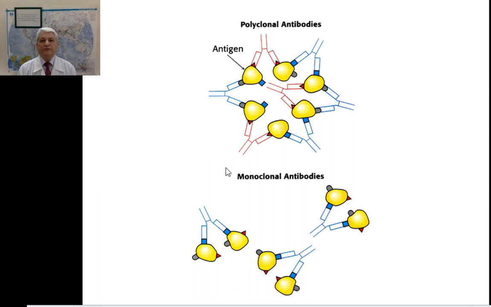They are shown by different colors because they have different primary structure. Let's continue our definition. So polyclonal antibodies are antibodies that react with the same antigen but have different primary structure